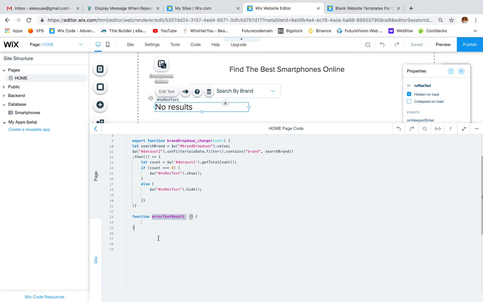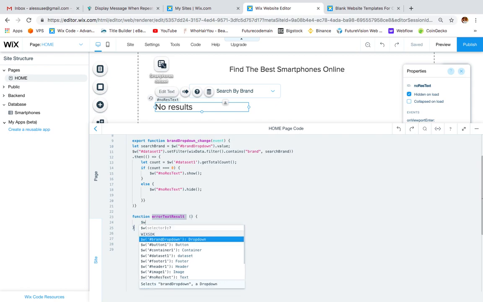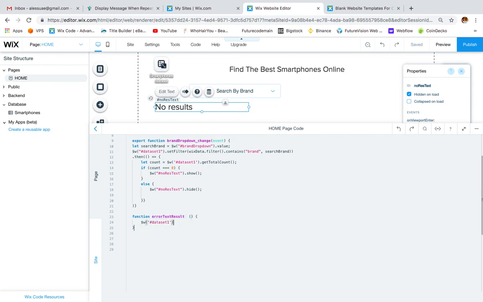So I will just tell the website to do this: $w dataset1 onReady. So inside the onReady,